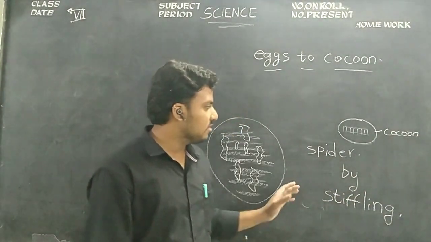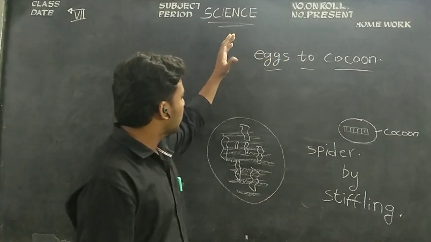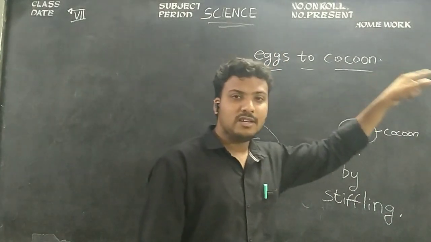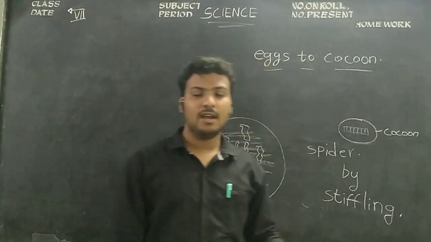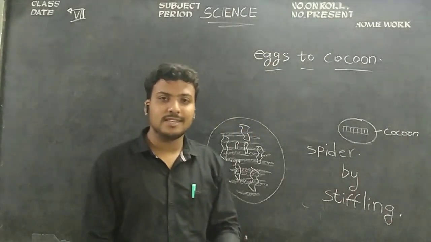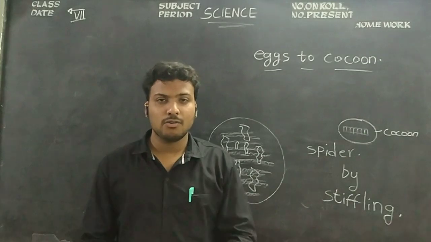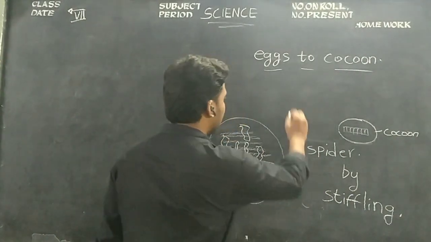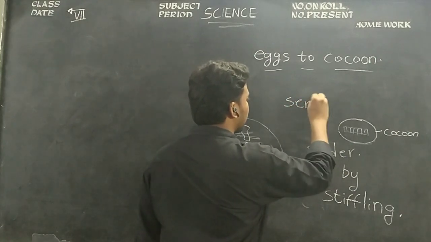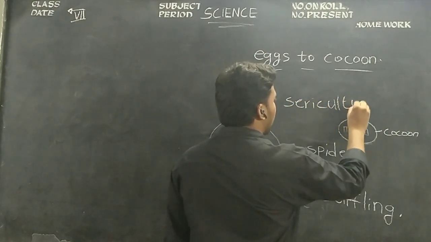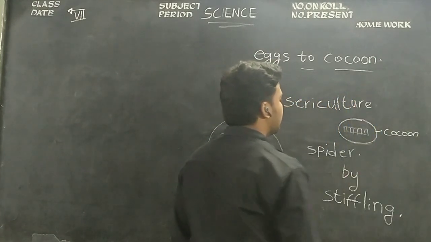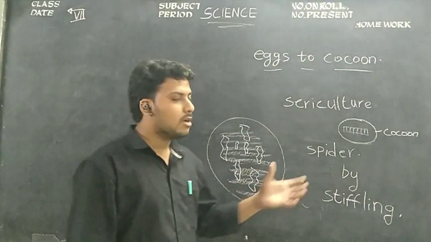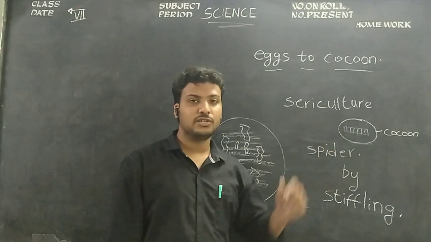So children, this is the second step, step 1, step 2, children. Nothing but extraction of cocoon. We'll discuss next steps 3 and 4, which are the processes involved in making of silk, children. This is nothing but sericulture. We call it sericulture. What is sericulture? Obtaining of silk from the insects through different processes is called sericulture, children.